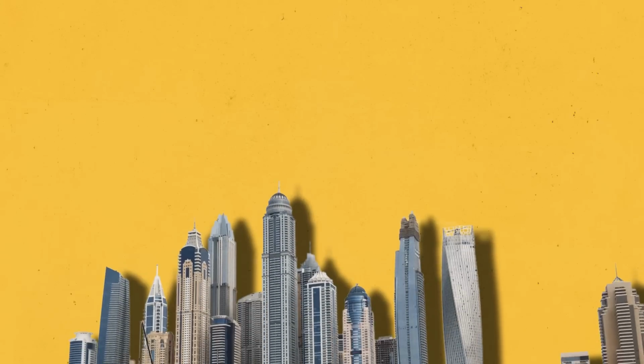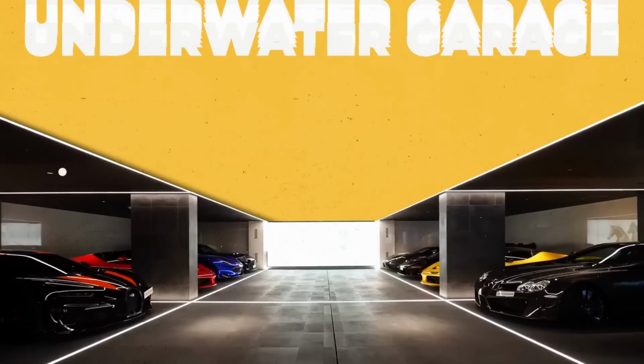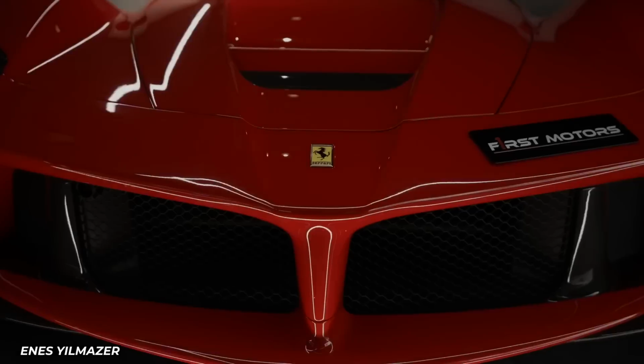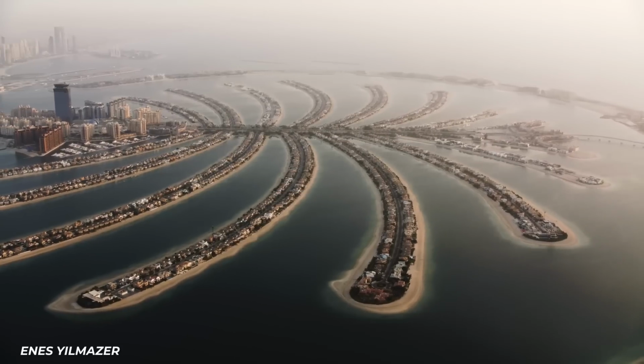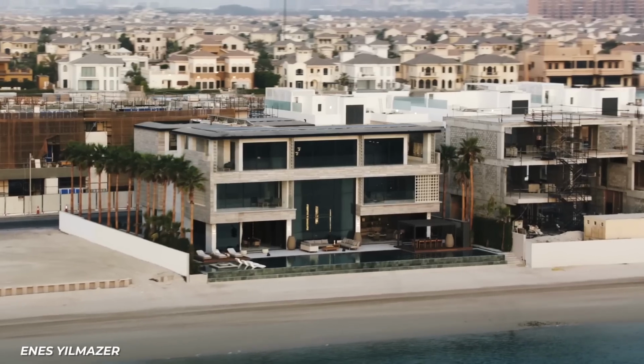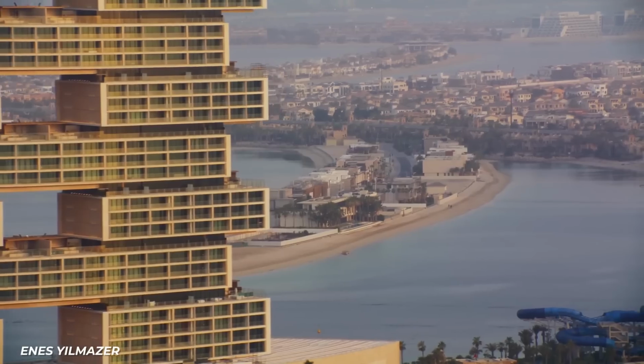The latest crazy trend to hit the magical city of Dubai is the invention of the underwater garage that holds tens of millions of dollars worth of supercars. Dubai is well known for having extremely extravagant mansions with the sort of amenities no sane person would ever get for their house. This mansion in particular is over the top even by Dubai standards, one that is worth a